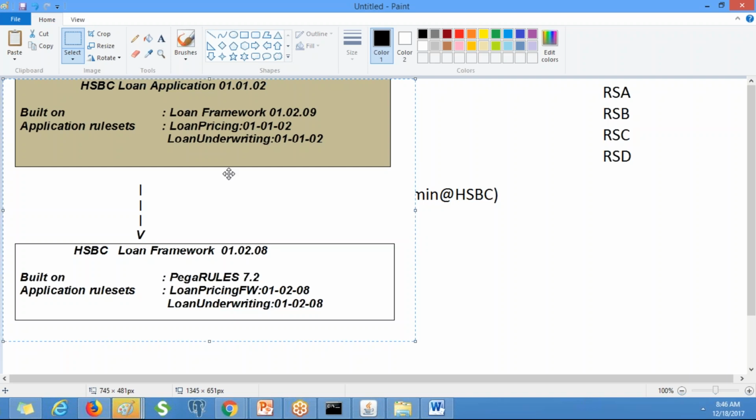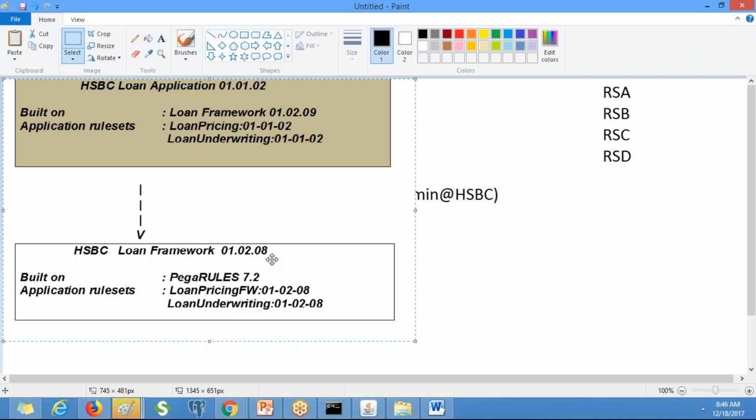In the built-on application also, this application is built by using this loan framework. So here we have two rule sets: loan pricing and loan underwriting. This application is built by using the loan framework, and that is built by using the Pega rules.